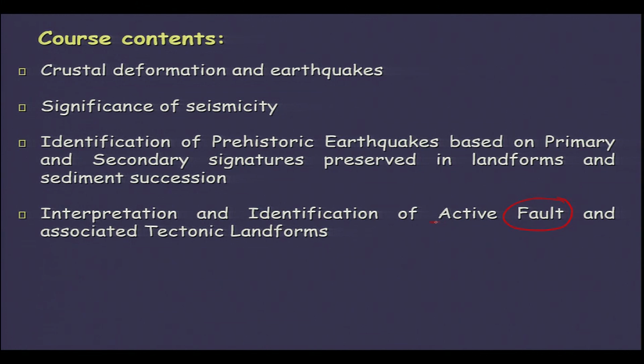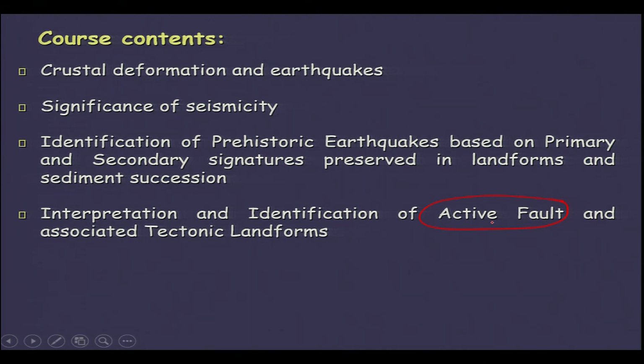And the active ones, because if a particular fault is active, then it is hazardous, because these are the locations which are likely to produce earthquakes of large magnitude in the near future. Okay. So, we would say the interpretation and identification of active faults,